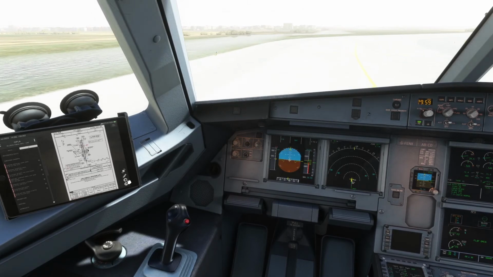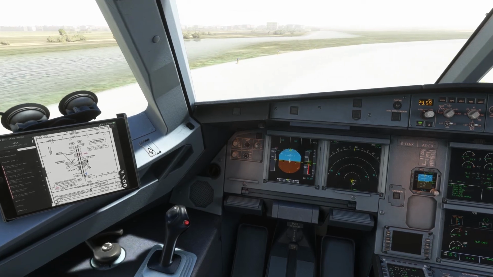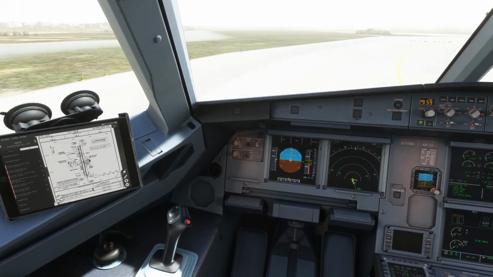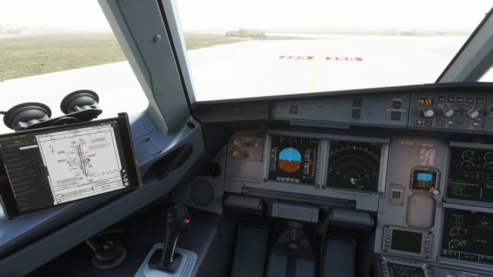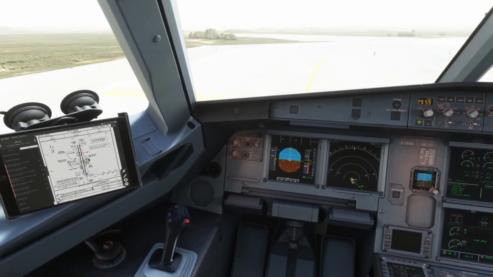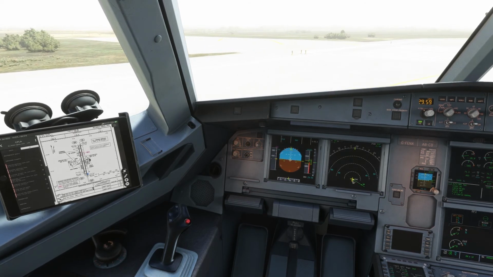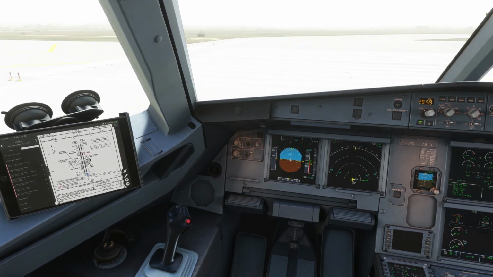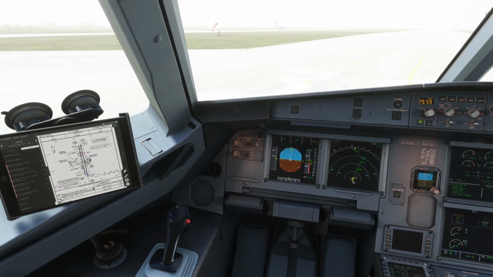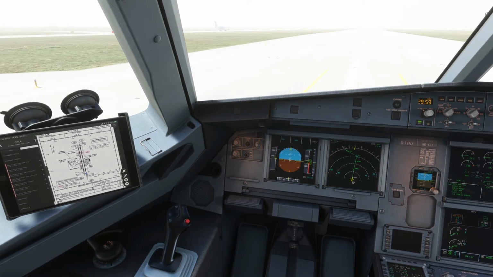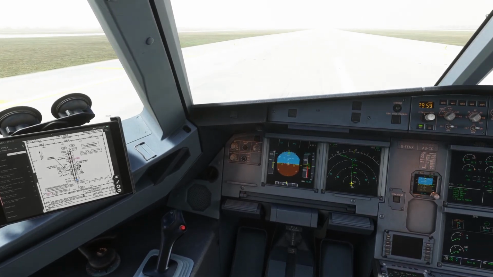You can see during the taxi, you can see your plane on these charts over here. You can see the blue cursor which shows the plane. As I'm turning on the runway, it is showing that I'm there on the runway. Okay, and as I'm fully aligned with the runway, you will see the cursor on the charts will show me on the runway. So during the taxi, it will really help you if you are taxiing in and out of the gates. Now I'm on the runway 36 right, so I'm just going to apply the brakes,